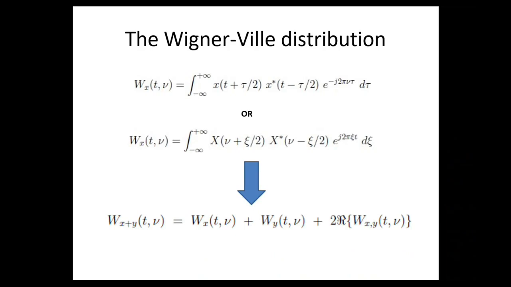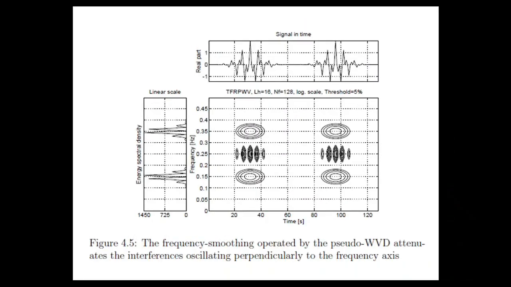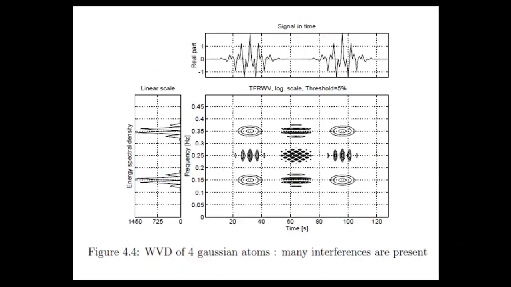Then the next topic is the Wigner-Ville distribution. I think we are already near the time, so maybe I will be discussing this along with the wavelet transform, not tomorrow, but on Friday, and then we will be closing the joint time-frequency analysis chapter.